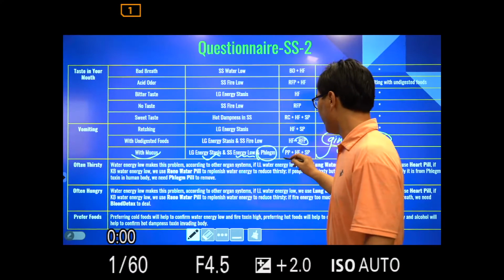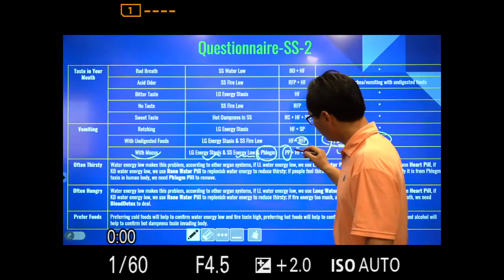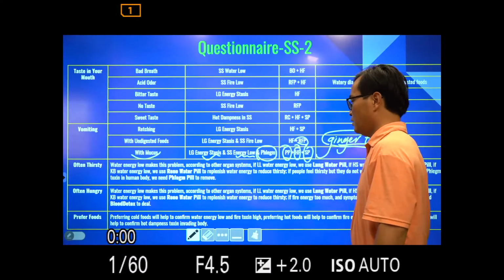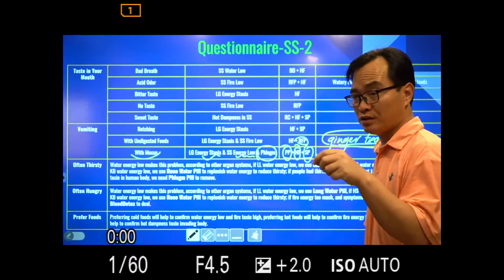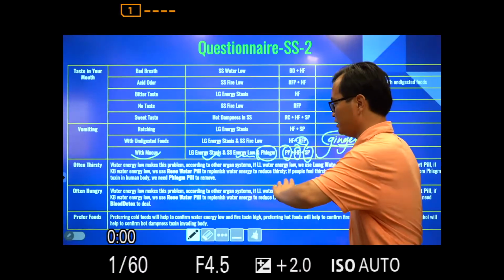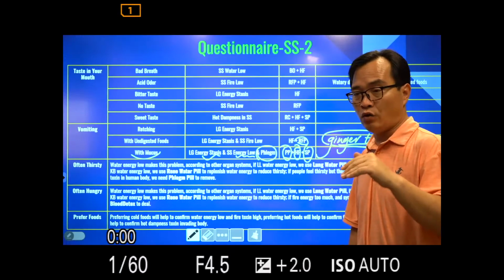We should use the phlegm pill. We should use Happy 40. We should use some plus together to work on this kind of problem. The phlegm pill can remove the mucus, remove this kind of phlegm. Okay, remove the phlegm. And Happy 40 is most for energy, because once there is mucus or phlegm in